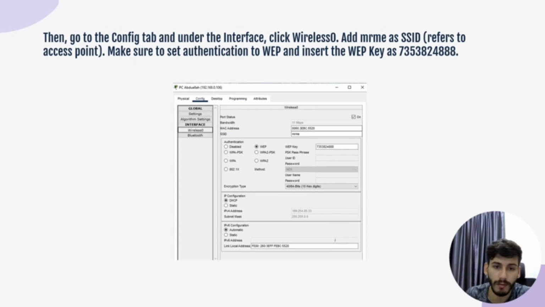Then go to the config tab under the interface, then click wireless 0. Then you can add MRME as the SSID, as we did in the previous steps, which refers to the access point. Then make sure to set authentication to WEP and insert the WEP key as we did previously,